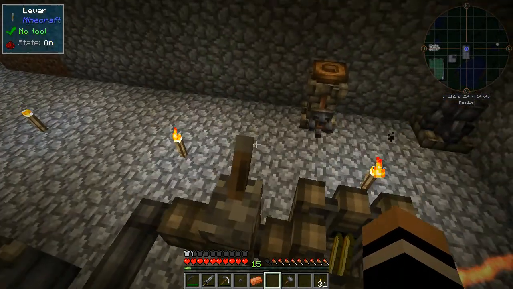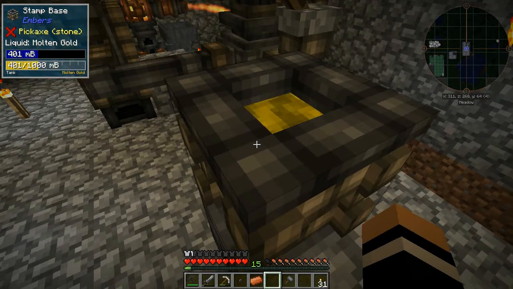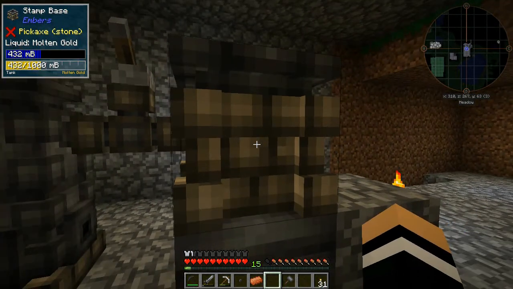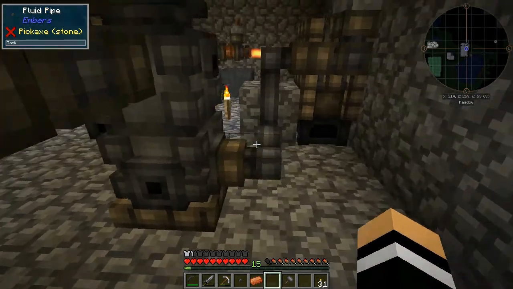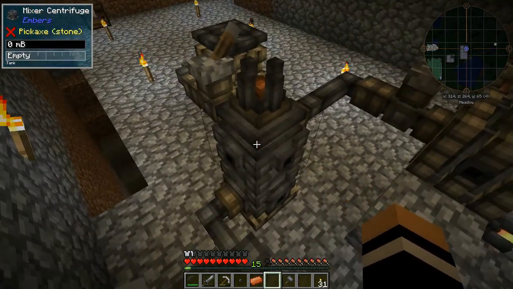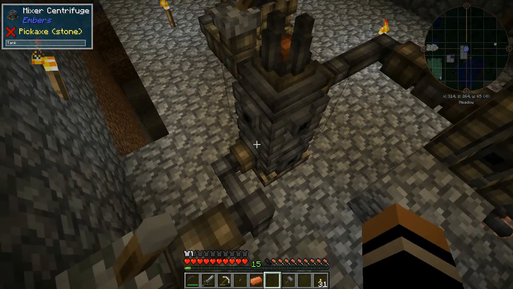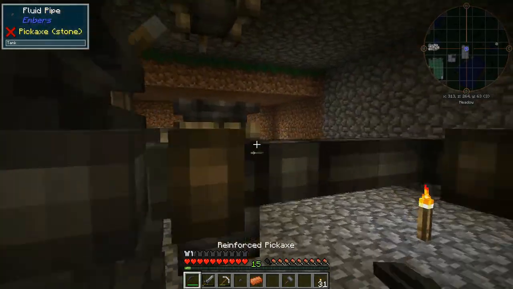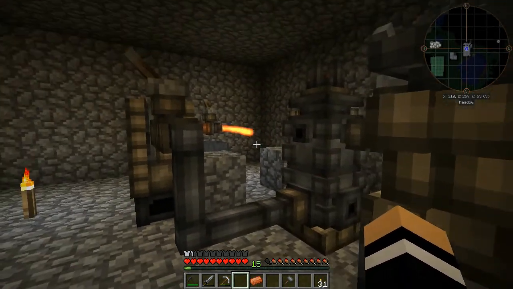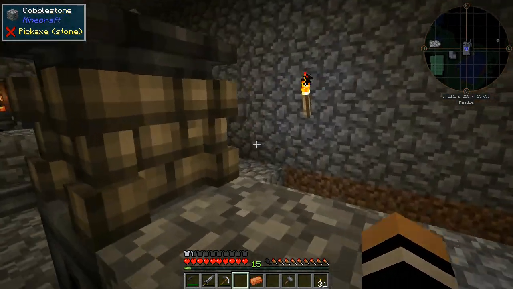This is now getting... Oh, so we're already getting molten gold through. So this should be liquid molten gold. Why is that just being gold? This is melting copper. You know what I've done wrong? That is supposed to go into the bottom. Now we're getting molten dawnstone. So how much is in here? 720. Alright, so we're going to have to...